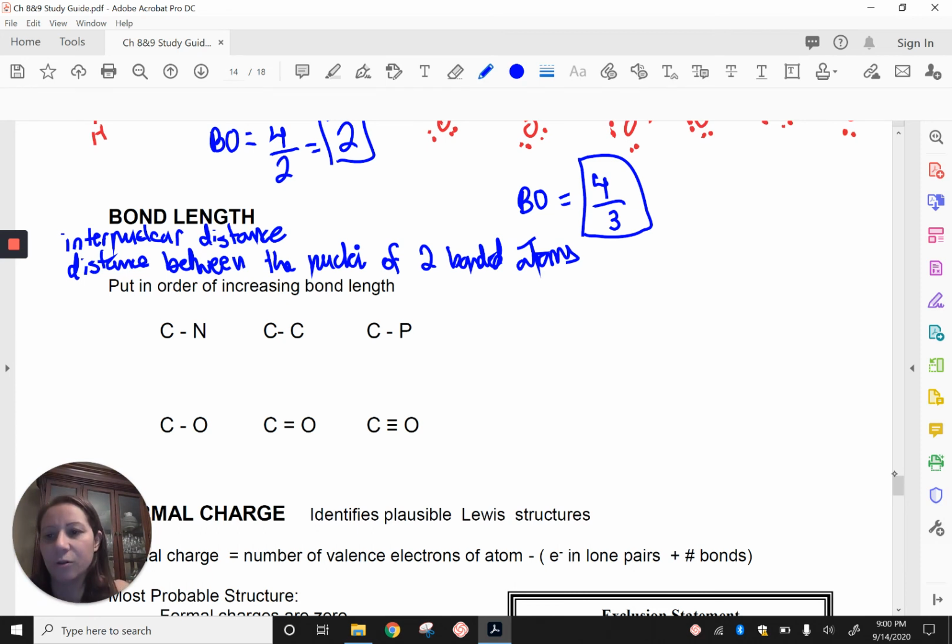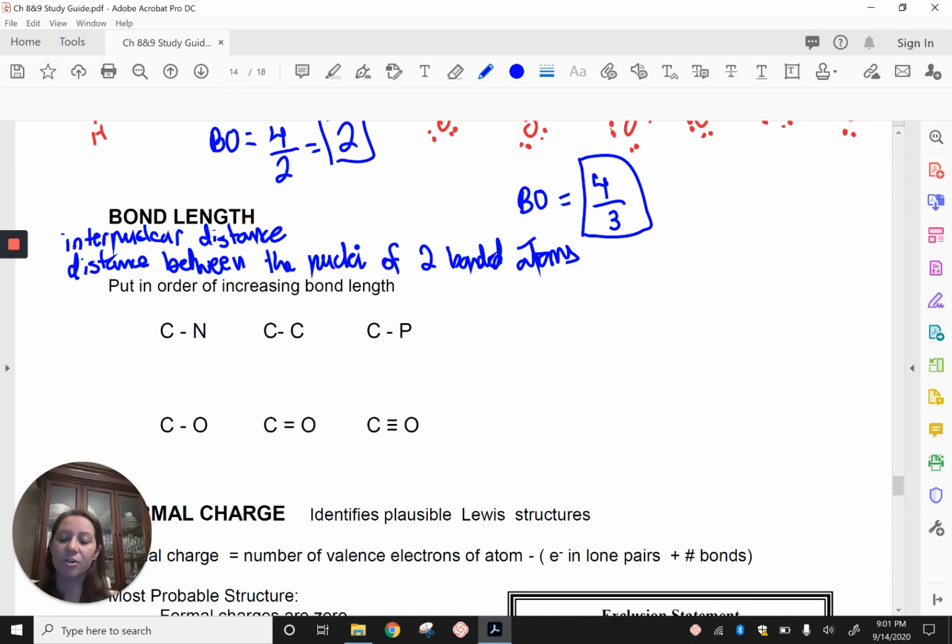Which means internuclear distance, because inter means between, obviously nuclear means nuclei, so it's the distance between the two nuclei. So bond length depends on two things. It depends on the radius of the atoms that are bonded together. Obviously, if you have two really big atoms bonded together, then the distance between their nuclei is going to be really big. If you have very small radii of the two atoms that are bonded, then the internuclear distance, or the distance between the two nuclei, would